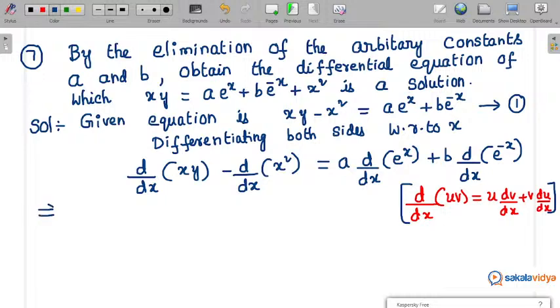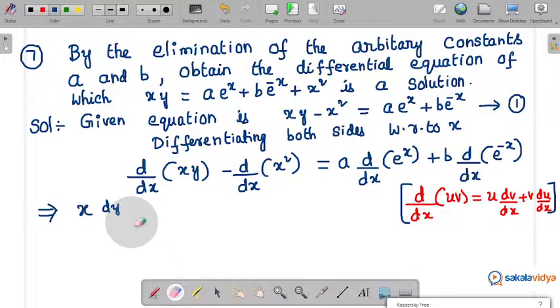This can be written as x into derivative of y, that is dy by dx, or y1, plus y into x derivative, which is 1, minus x square differentiation, which is 2x,